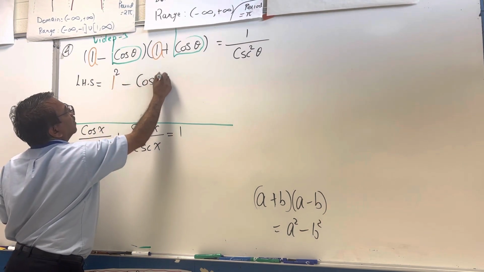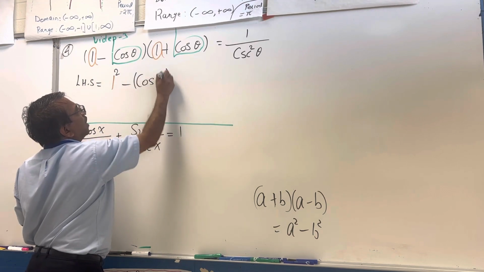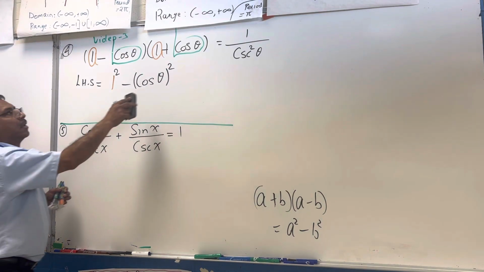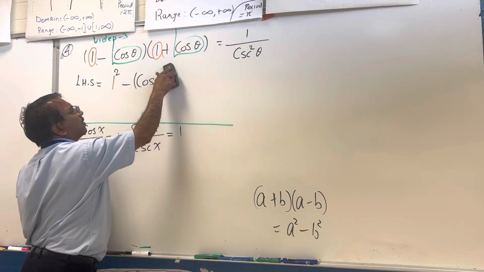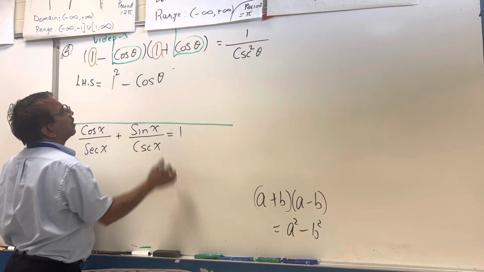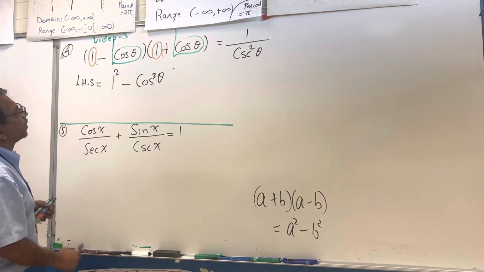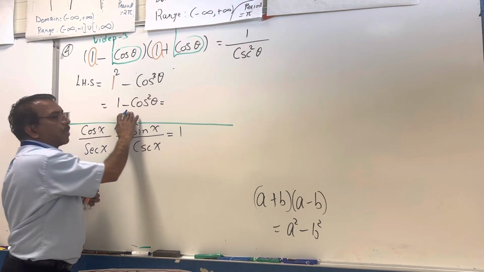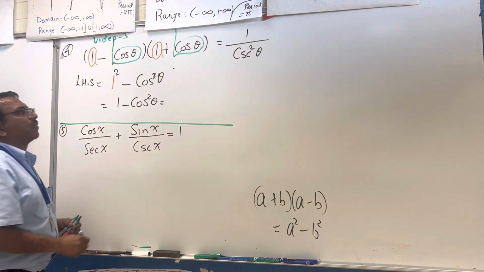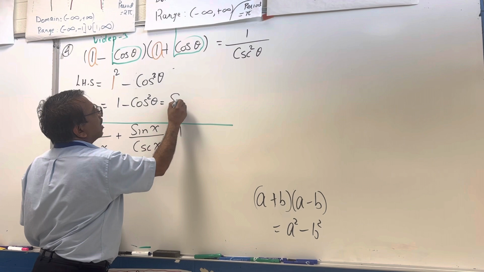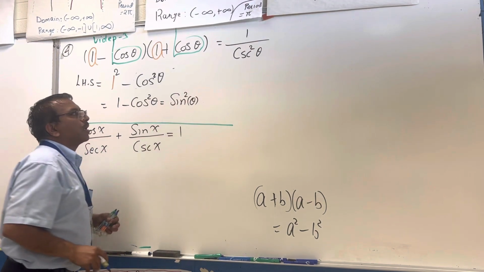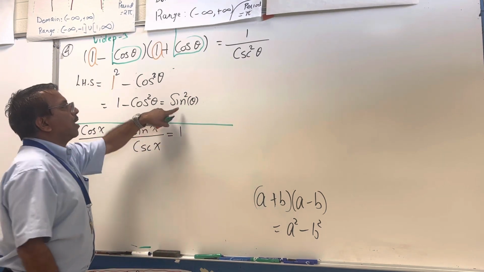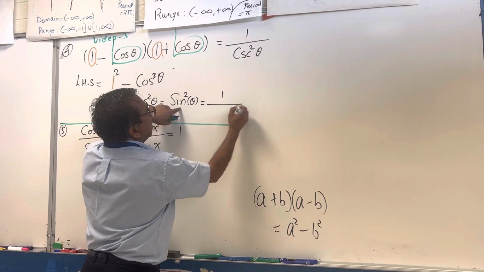Cosine theta is the same thing, but instead of writing this step, we can write directly: this is the same as writing square here. So we get 1 minus cosine square theta, and by the Pythagorean formula, 1 minus cosine square is sine square of theta. But we want to get 1 over cosecant square. This can be written as 1 divided by